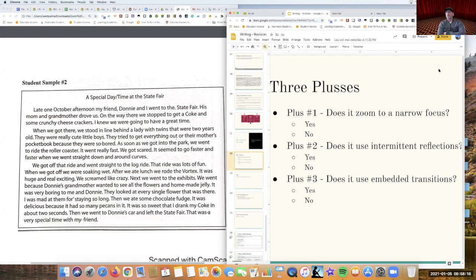Well, that's more of like reporting. So it's not sort of like... So Zanai, I guess what I'm saying here is the author is reporting. That's all factual stuff for the most part. "It was sweet. I drank my Coke in about 2 seconds." Probably some hyperbole there,